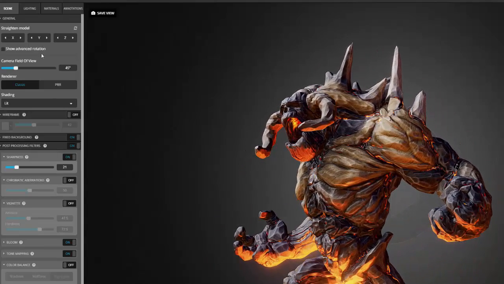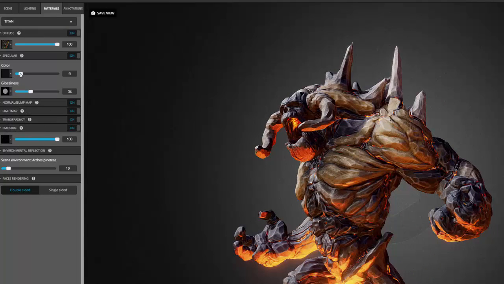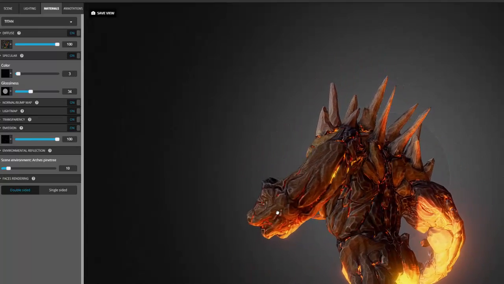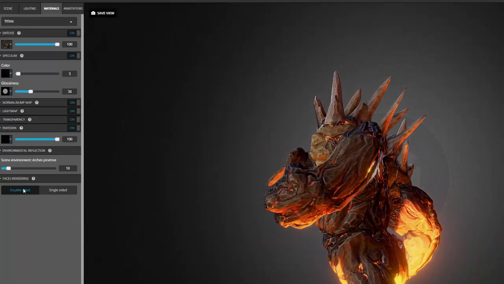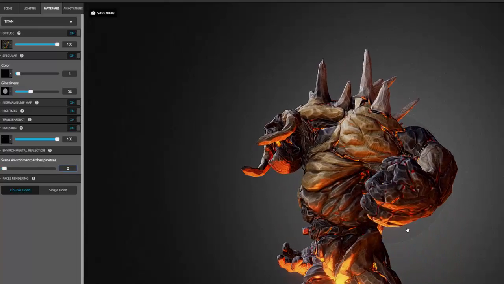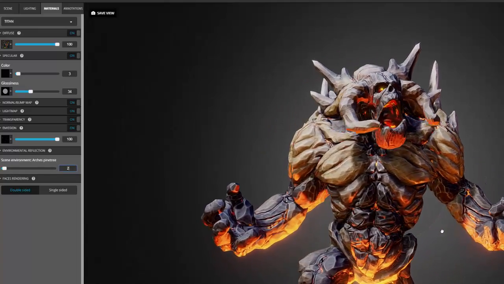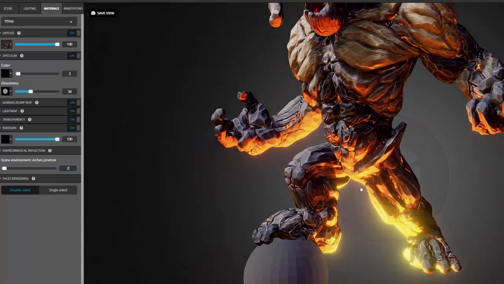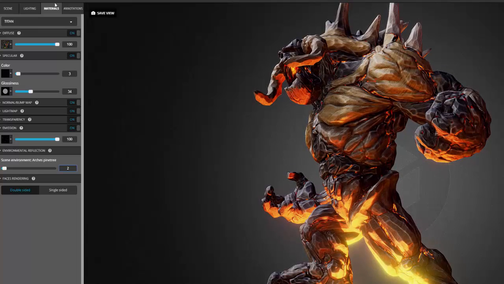Also, my specularity is really too strong, so I will reduce it here like this, and also decrease this value, the environmental reflection. Very hard for me to say because I'm French. Okay, so it looks nice now,